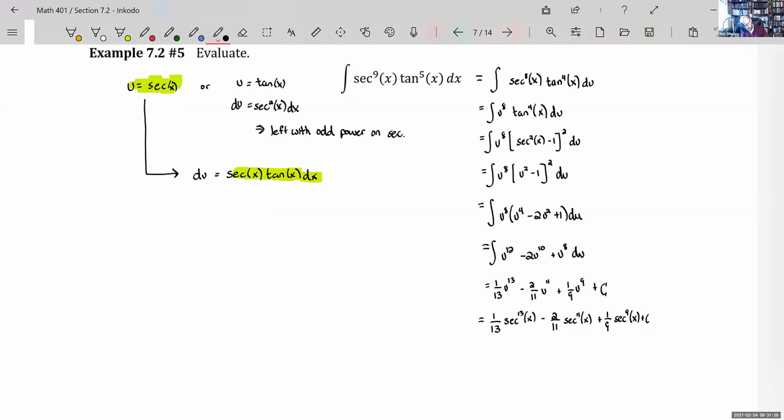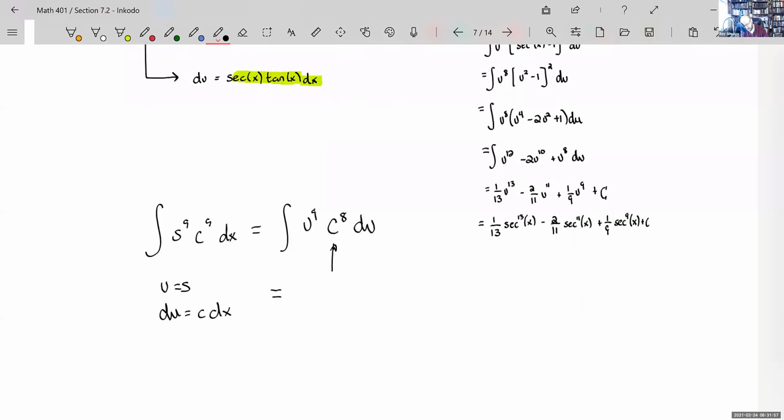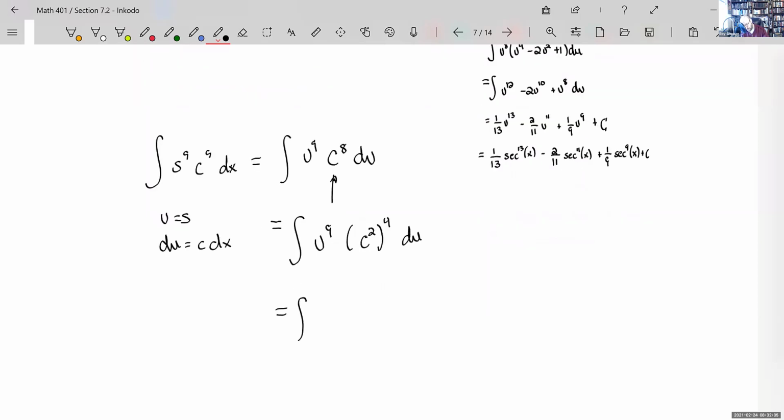If you had a sine to the 9th times a cosine to the 9th dx, you could do either u sub. I'd let u equal sine, du would steal away cosine dx, and now you're to this. U is sine, so that's u to the 9th. I steal away a power of cosine, so now I have u to the, cosine to the 8th du. And now I'd exchange that cosine to the 8th for a cosine squared to the 4th. And cosine squared is 1 minus sine squared. So you see what happens